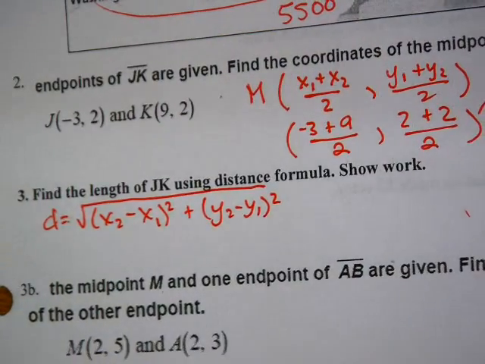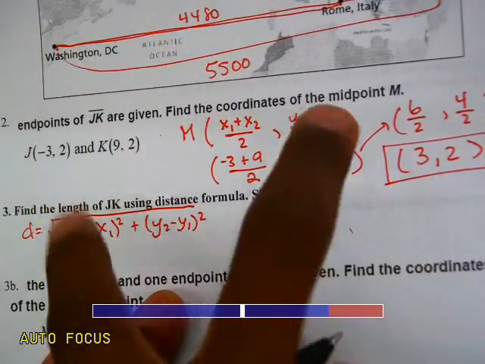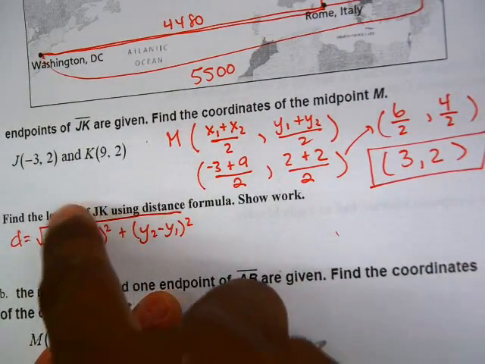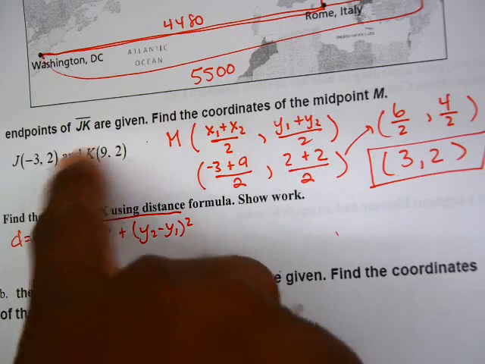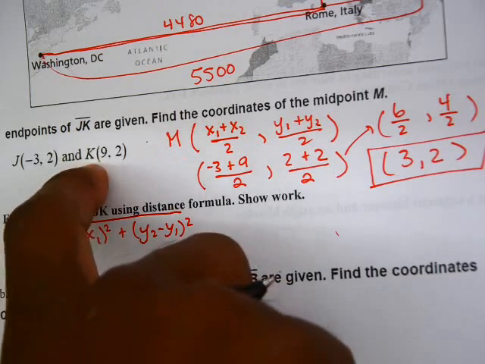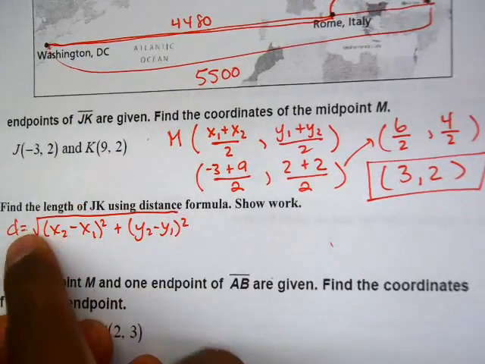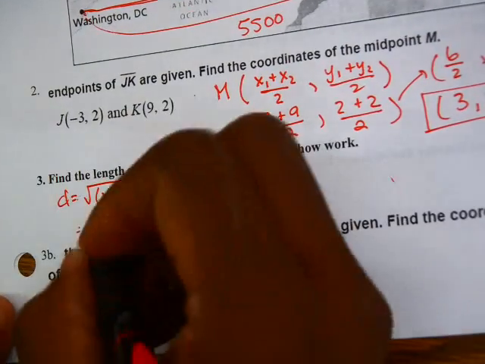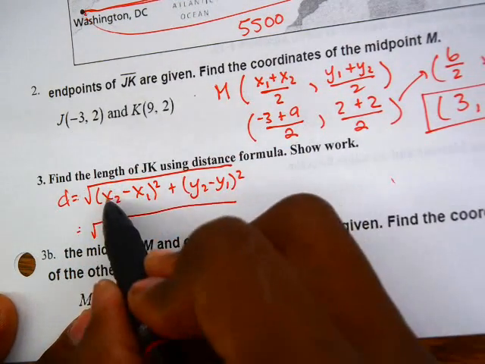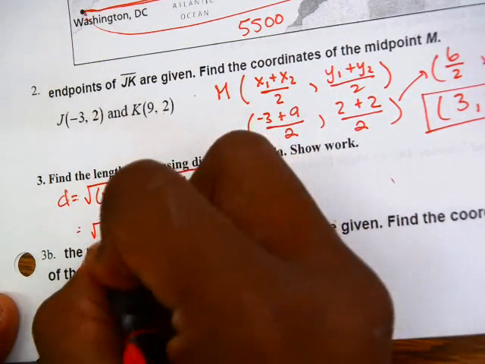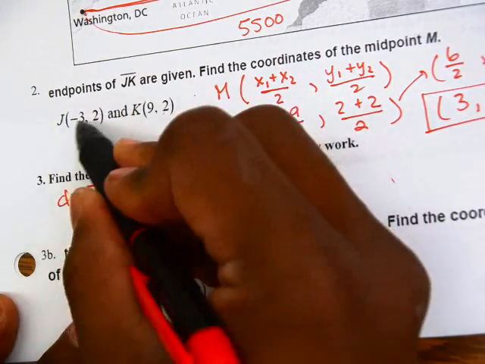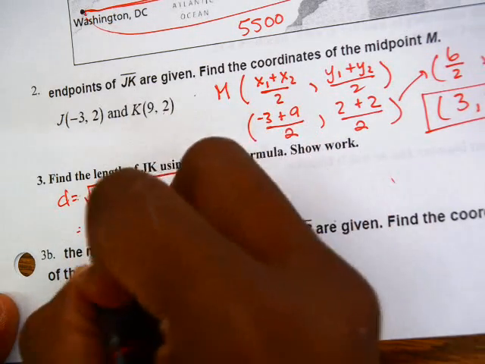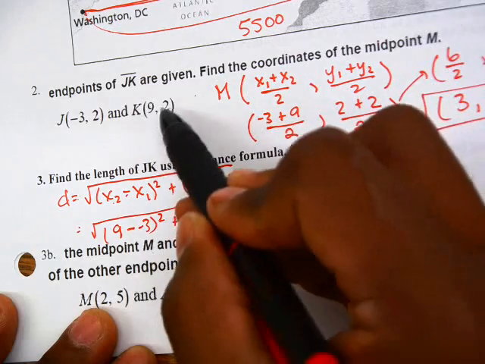Now the difference in number 2 and number 3 is that in number 2 we're actually finding the midpoint, which means finding the exact middle between these two spots. And in number 3 we're finding the total length between those two spots, how far the two spots are from each other. Okay. So x2 is 9 minus, from the formula, x1 is -3 squared, y2 is 2,